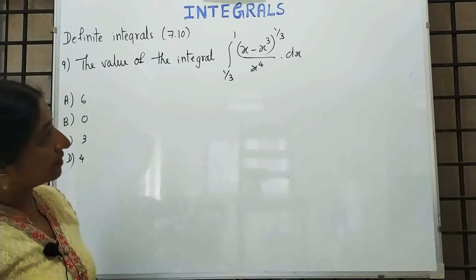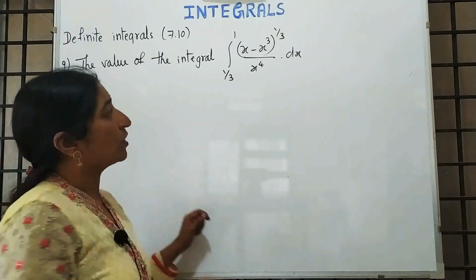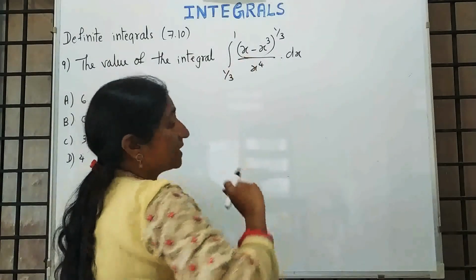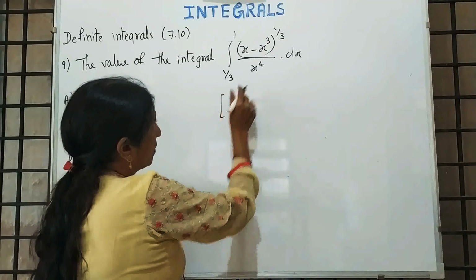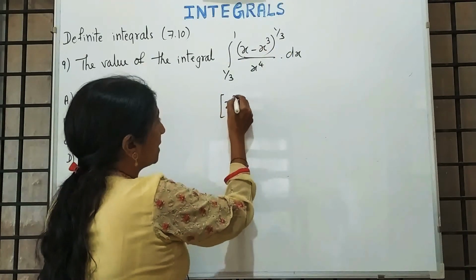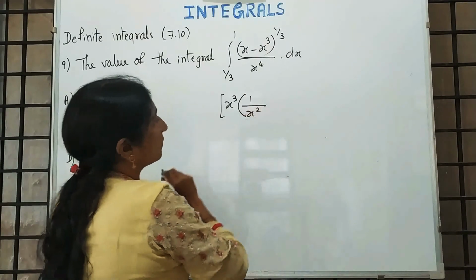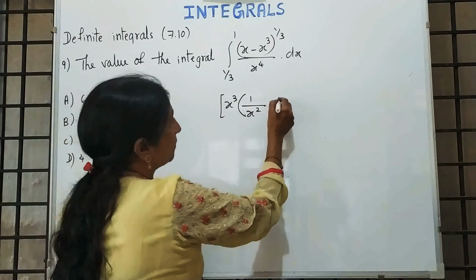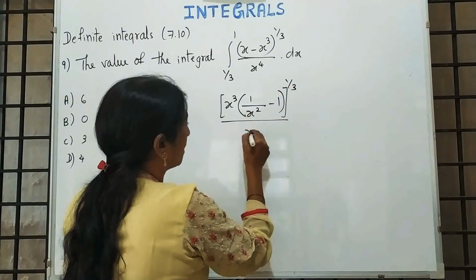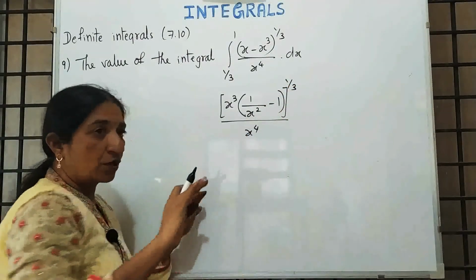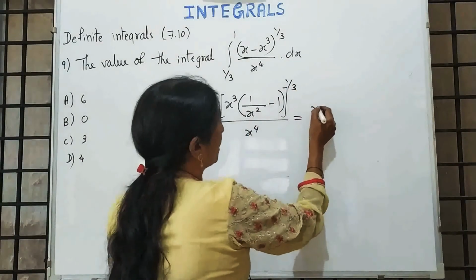All the lecturers have their own different methods to explain this. Now I am giving you one different method. For these types of examples, say I am not writing the limits. Here x cube, I am taking the highest term common. Here we have only x, means x square comes. It is under 1 by 3, x to the power 4. Without limits and without dx I am writing. Take the power separately.